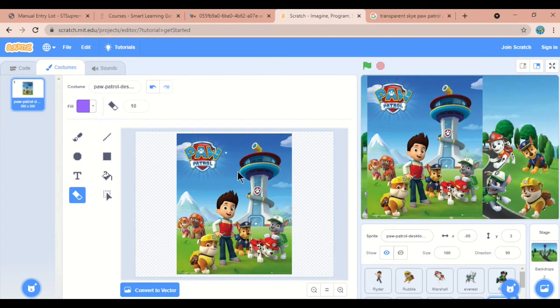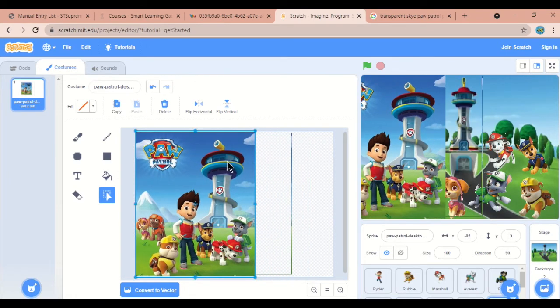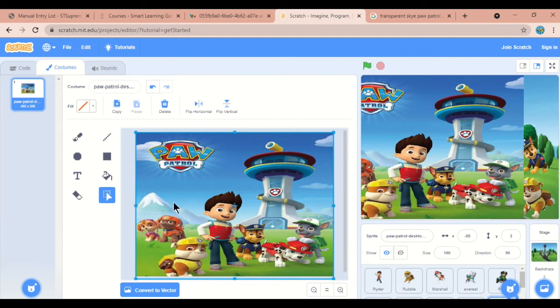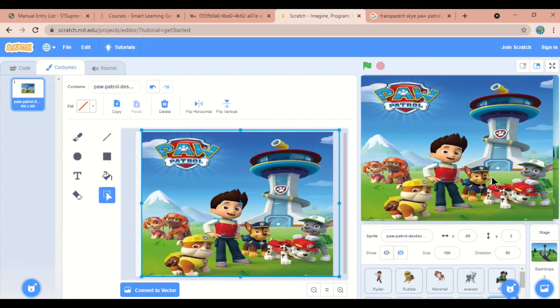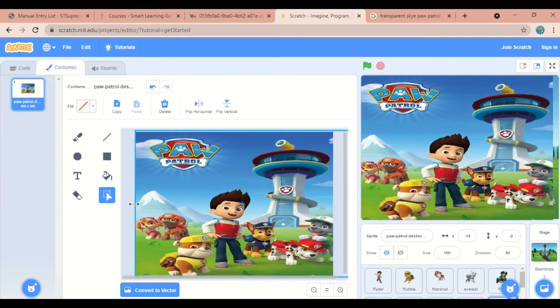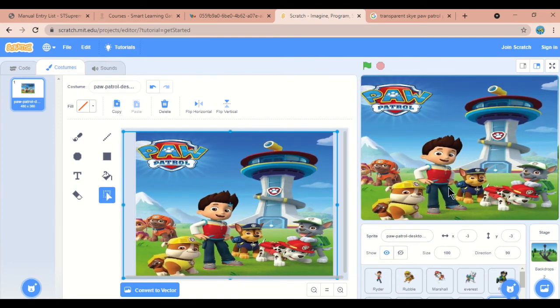So we'll go to costume, use the select button and select this portion, and so it's completed.